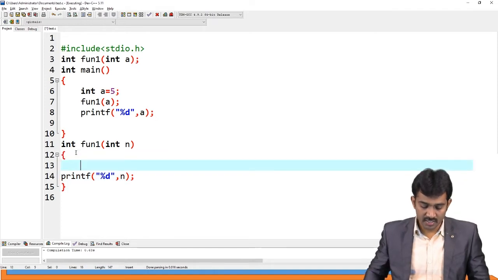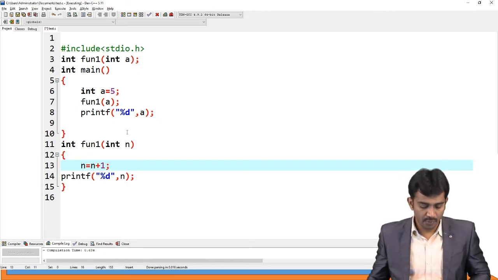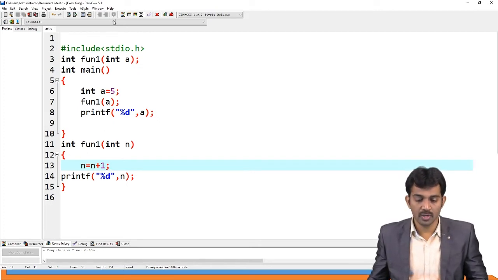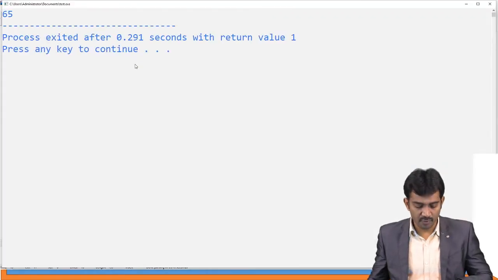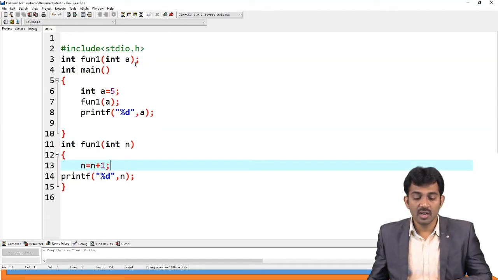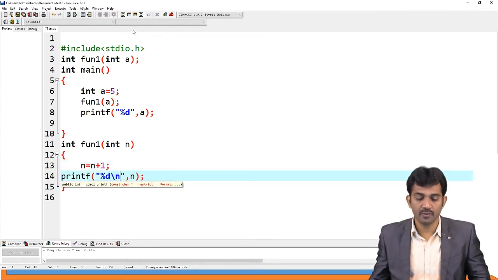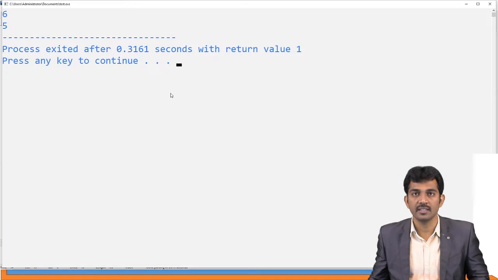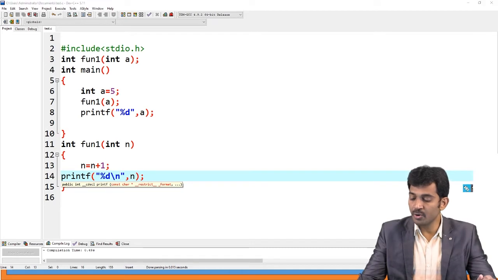What you did here? See, n equal to n plus 1 means n is incremented by 1. Now, if you run this code, observe clearly what is the output? 6 comma 5. Why? It is not 65. So please use \n, then you will get the data in two different lines, 6 and 5.